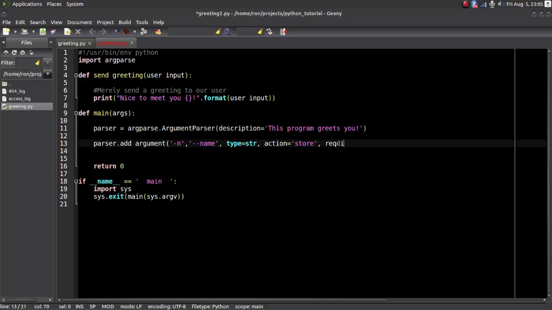We'll do a required equals true. And so what this basically specifies is that they have to specify a -n or a --name. If they don't, our program's going to have problems, and we want to know that right away. So this is a required value, and we'll see what that looks like later. And then lastly, we'll give them a little bit of help, right? So help, we'll specify here,